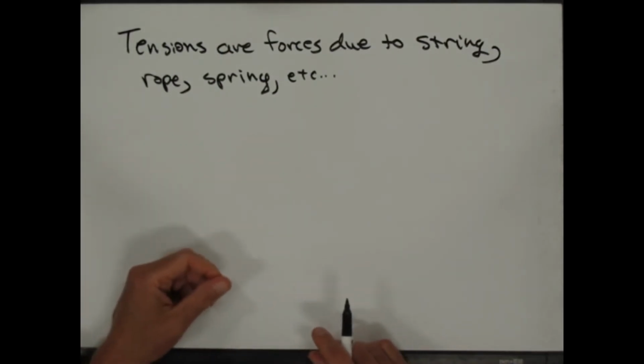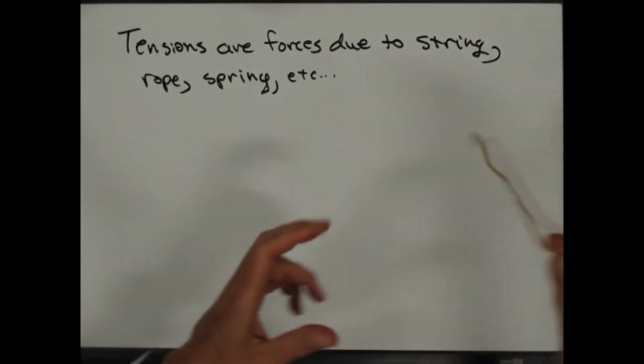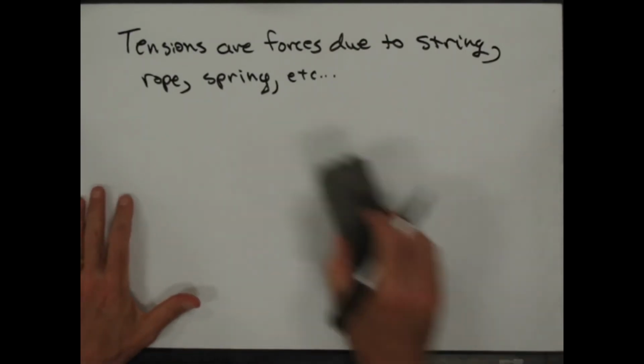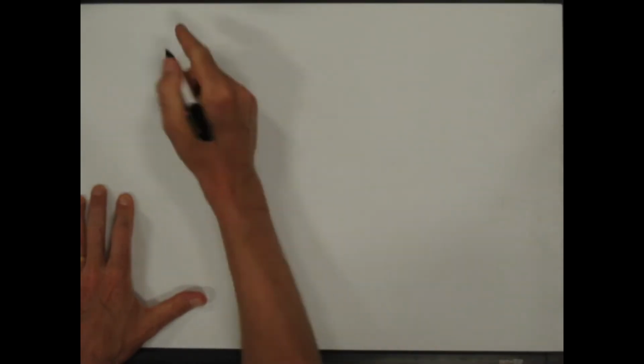Any agent of Newton's third law is a stringy type thing. It's going to give a force that's a tension. And so let me just do a couple of examples of this. So the first one I'll say is